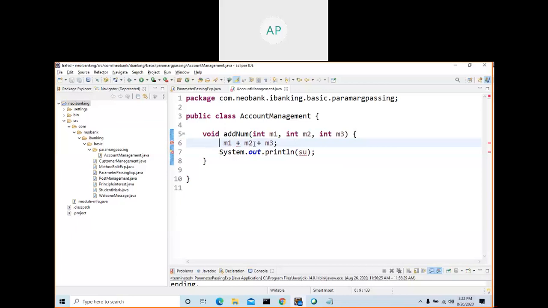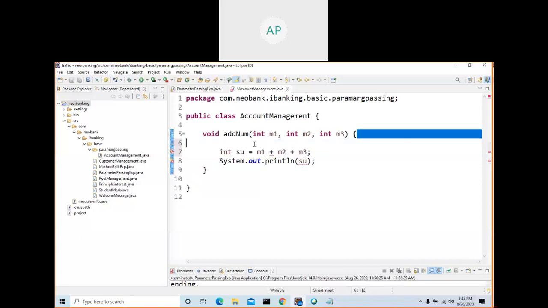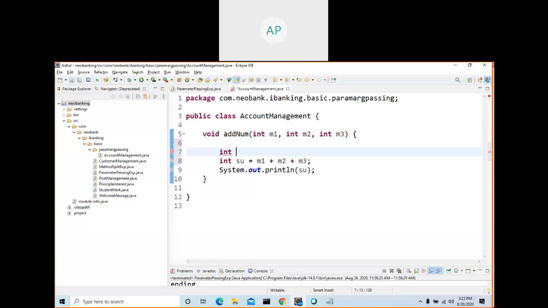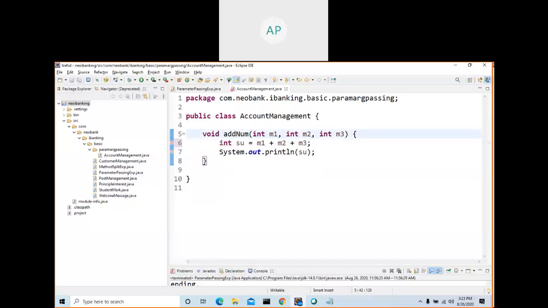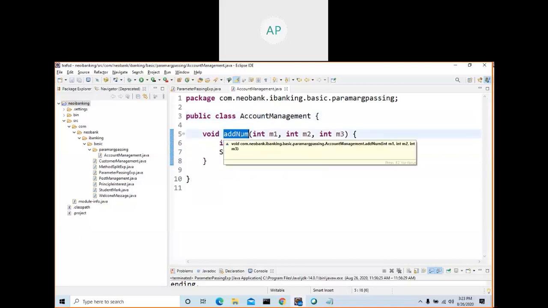That's why I told you in previous sessions, a variable will always hold the value, either an intermediate value or the value that you assigned. So now, int sum equal to. Okay.